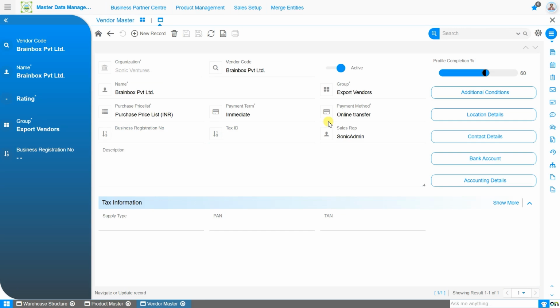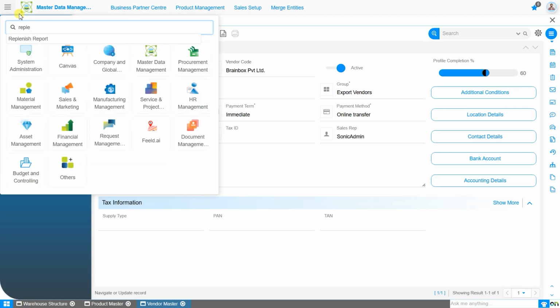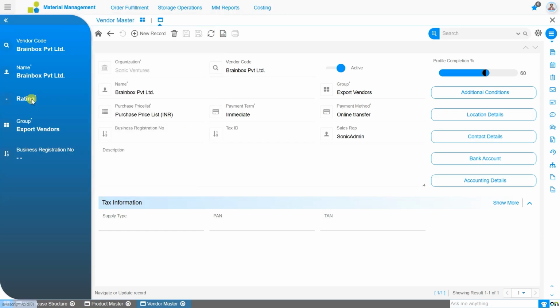These details will automatically populate on the purchase order. With these configurations in place, you are now ready to proceed with creating the Replenish report process. To open Replenish Report, simply search Replenish Report into Menu Search Utility, or we can move to the Material Management